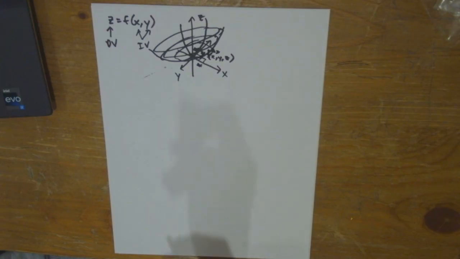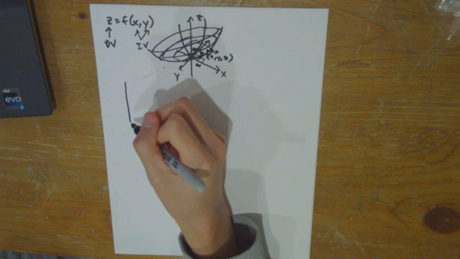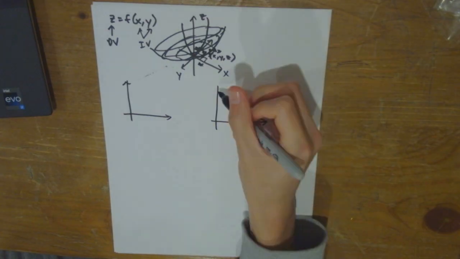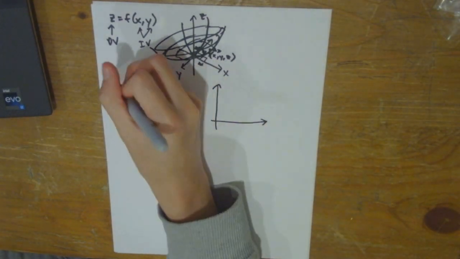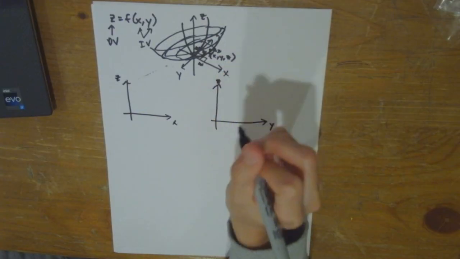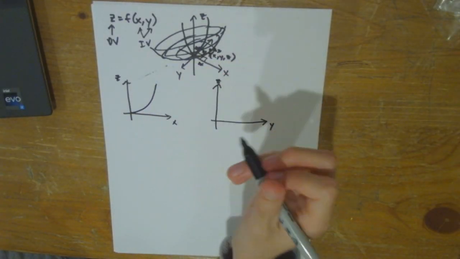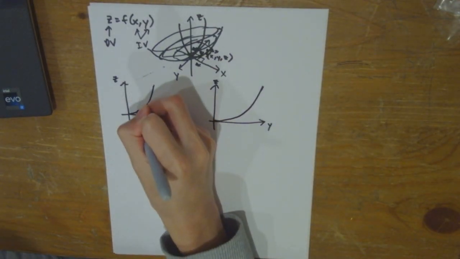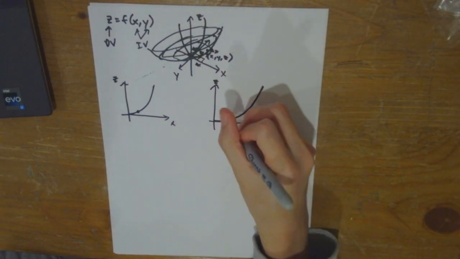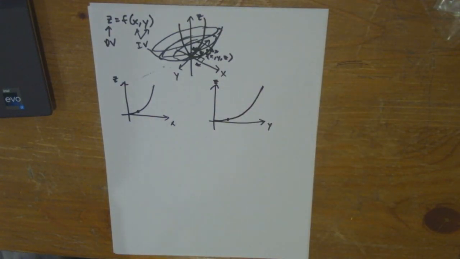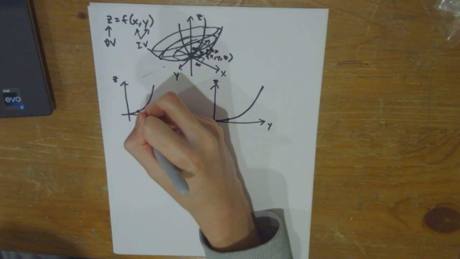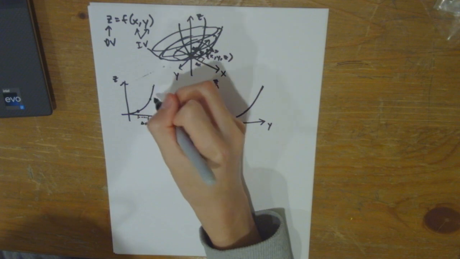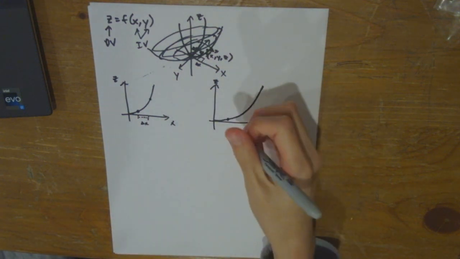So let's think about this for a second. Let's consider just the graphs of the xz and yz traces for now. So the xz trace will be a parabola, and the yz trace will also be a parabola. And let's have this point and this point. So now when we change x by delta x and y by delta y,